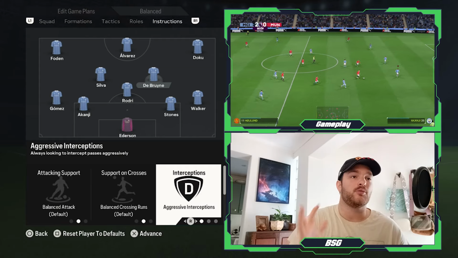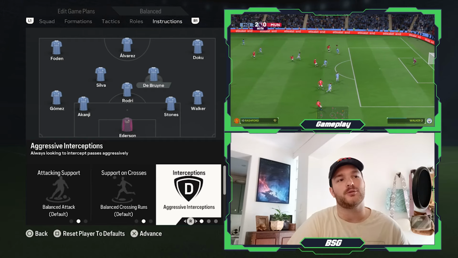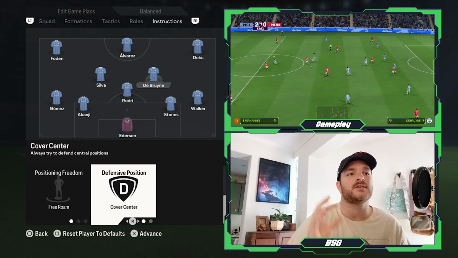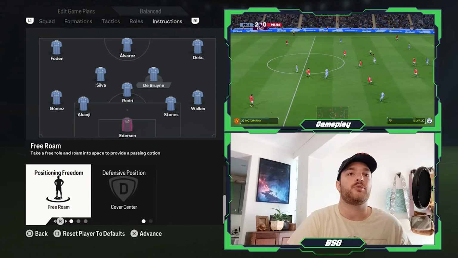So more naturally, more realistically, they would all be set to aggressive, obviously looking to win the ball back nice and high up the field, but it does break the structure of the midfield, so you don't want to have all three of them on aggressive. I hope that makes sense. Anyways, the defensive positioning is set to cover the center, and then finally, just like with Bernardo Silva, allowing him